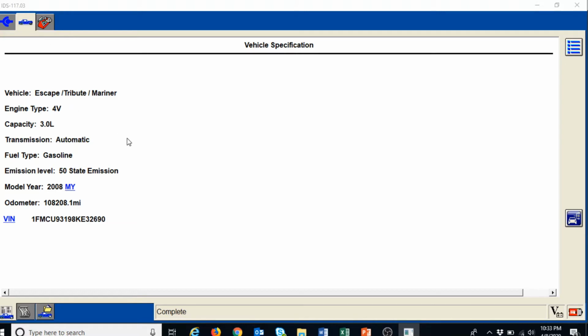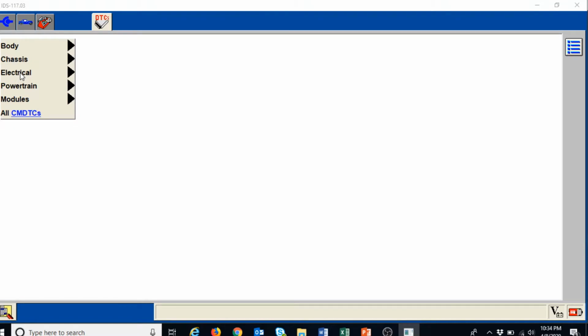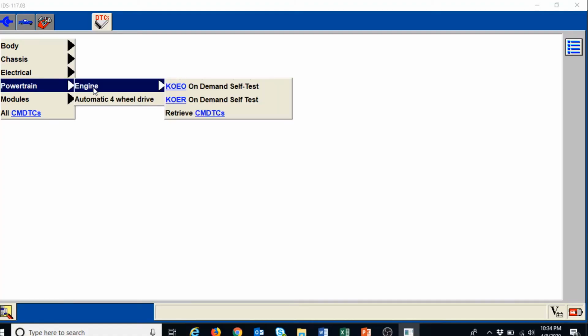Alright, so with the Ford IDS, almost everything that you do on this is going to be out of this little toolbox icon right up here in the top left corner. So we're going to click on that. First thing we want to do is run a self-test. See what the codes are, because again, check engine light's on, so we'll run self-test. In this case, it's a powertrain, engine,